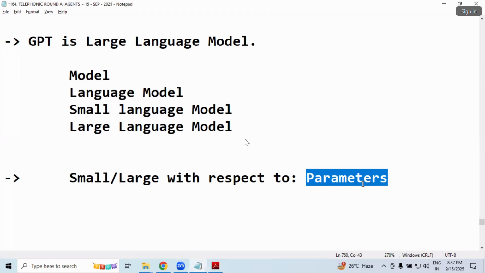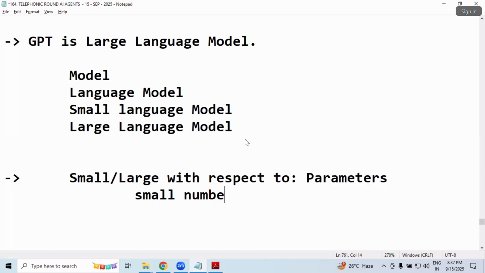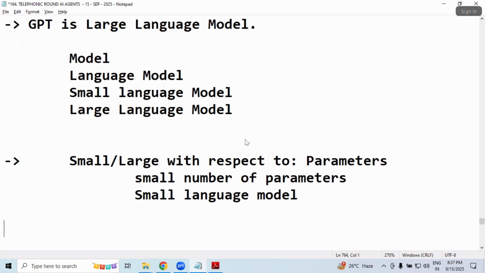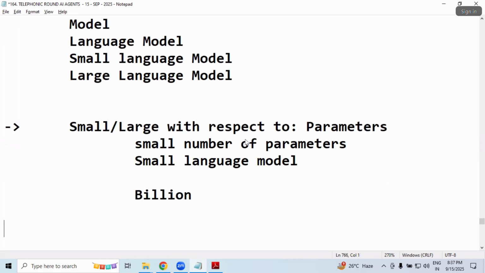Can you repeat once more? What is this? If the model is trained with a small number of parameters, that is called a small language model. But if it is billions of parameters, that's what GPT is. Did you notice? This GPT